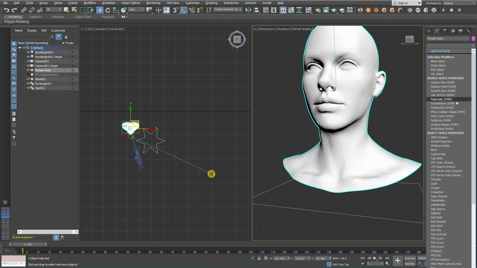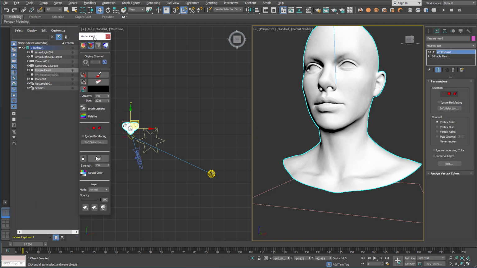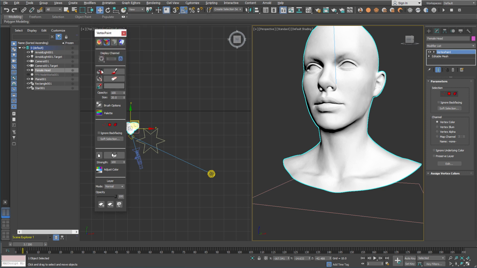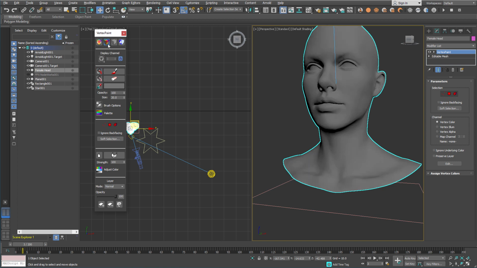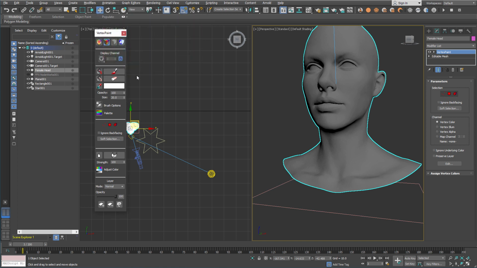and we're going to assign some vertex paint. So initially we're going to paint this model in gray. Yes, that's okay. And we're going to paint with white. So white areas will be those areas where radius will increase. Let's make it like this, around eyes, for example. Okay, now